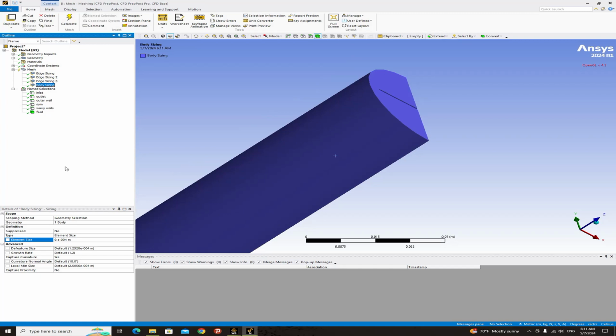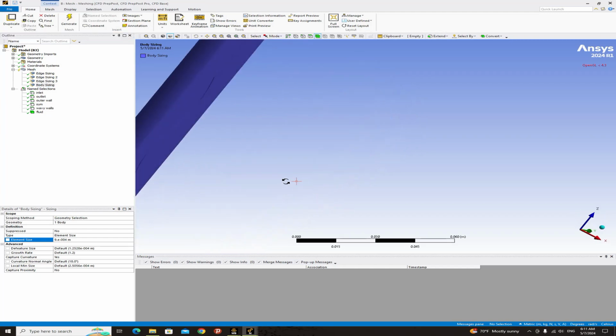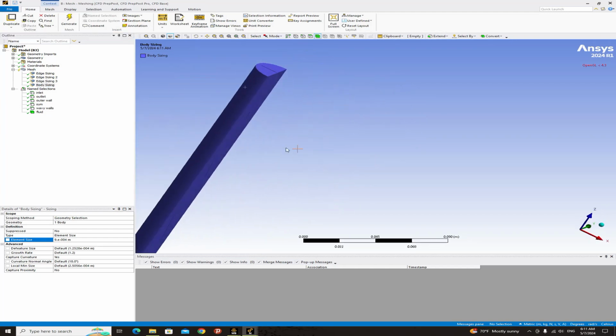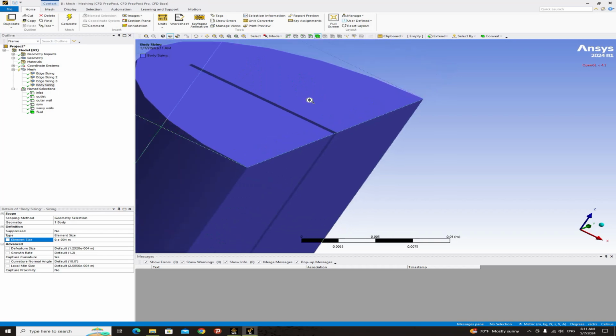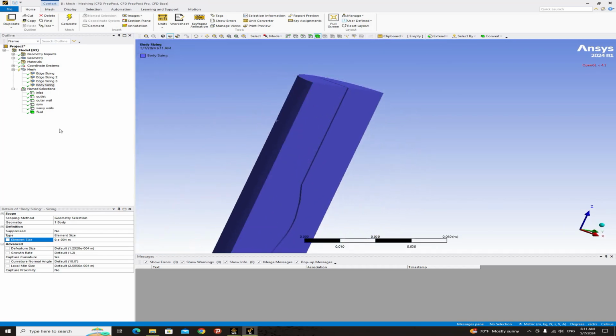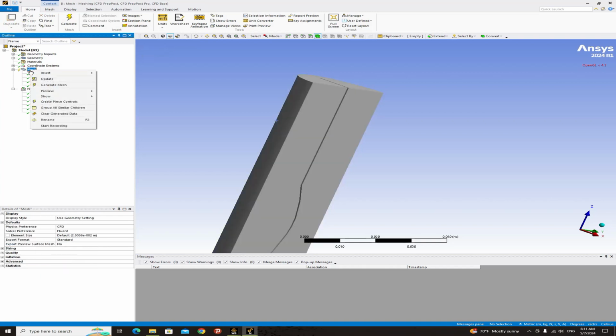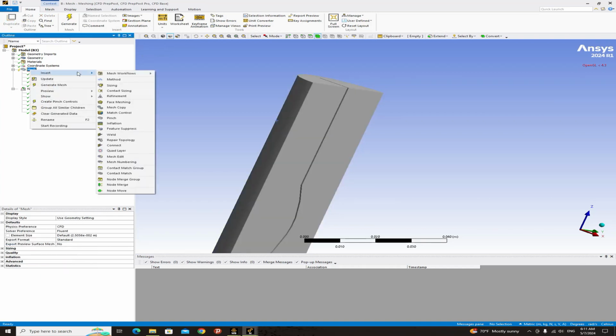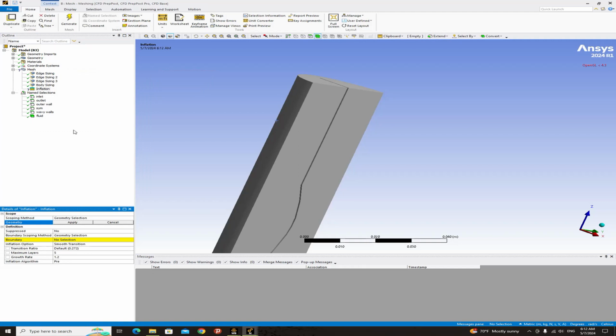And the next step is creating boundary layer meshing for our geometry. To do that, right click on mesh, insert inflation, and first it asks me to choose the